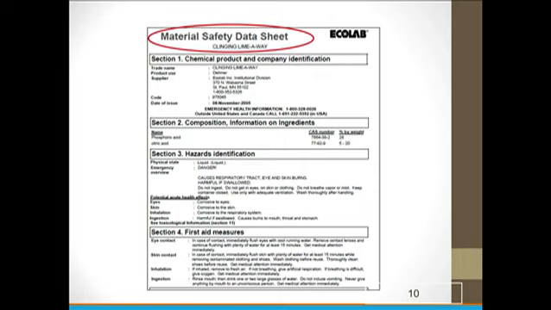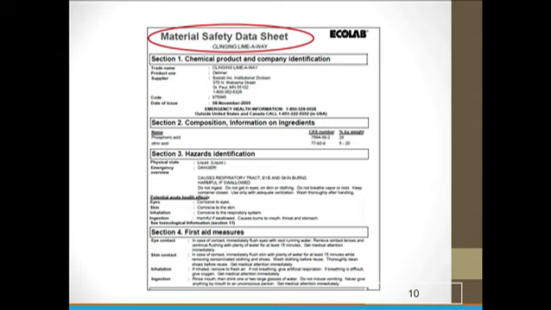For every chemical on the inventory, the government requires that the facility keep a material safety data sheet, or MSDS. Soon this will be called a safety data sheet, or SDS. These sheets contain very important information to ensure safety. You should know where these are kept and how to read them. You may be called upon to read them in case of an emergency. You should also be aware of the information that they hold.